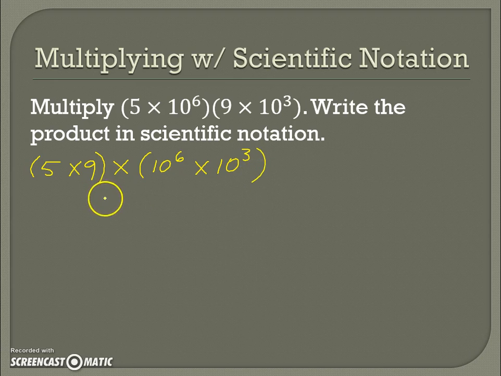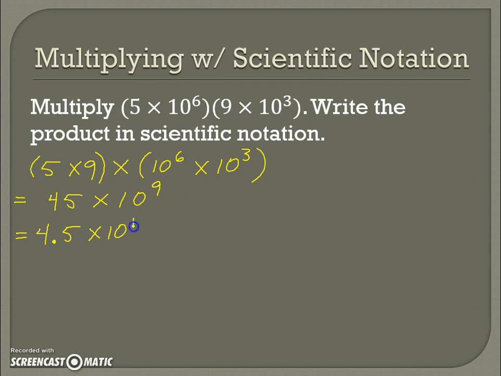So here I have 5 times 9, which is 45, times 10 and 10. The bases are the same, so I'm going to add those exponents, and I get 10 to the 9th. Now here's the thing: this is not written in scientific notation because 45 is greater than 10. Remember that first number has to be less than 10. So you convert this number to scientific notation. 45 in scientific notation is 4.5